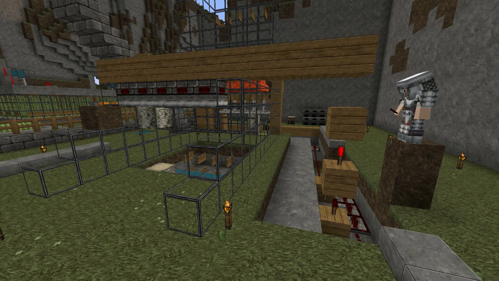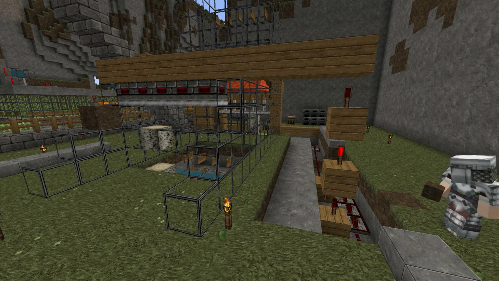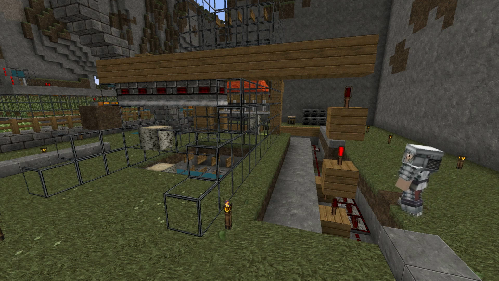So watch what happens. The pistons shot off real quick once the power went up to it, and what that did is it caused the pistons to leave the blocks where they were. Not a big deal. Once I hit the switch at the front, the sticky pistons at the top will come down and pick up the glass blocks. I'm going to run to the front of it and flick the switch a couple times. But what's important here is keep an eye on the birch logs